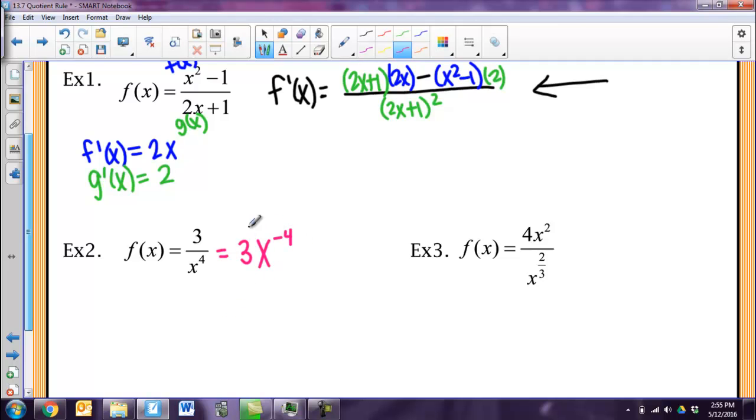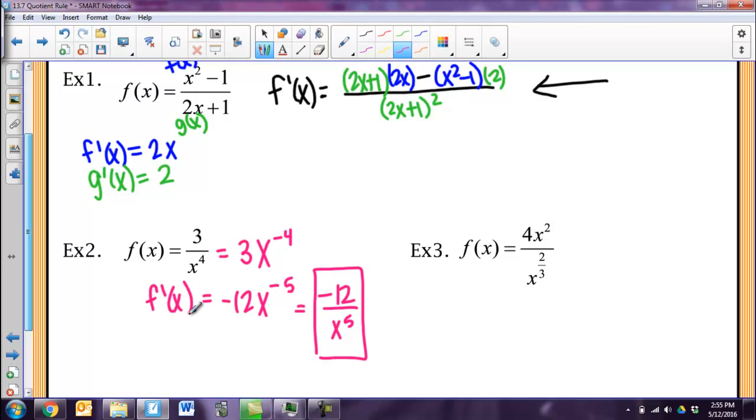So if I just do my power rule here, I'm going to take my 3 and multiply it by the exponent, so negative 12. I'm going to subtract 1 from my exponent, so I'd get negative 5. And then if I clean that up a little bit, I would have to move my x down there, and that would be my derivative. So you don't always have to use your quotient rule if you can recognize a couple of exponent rules,